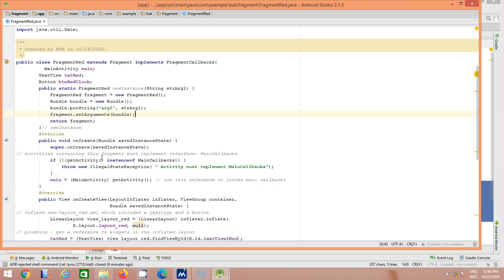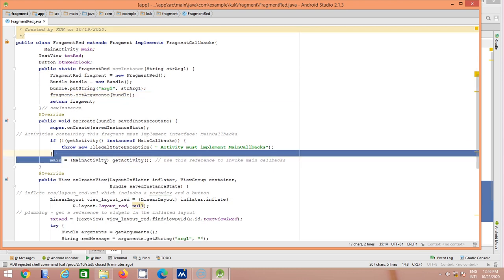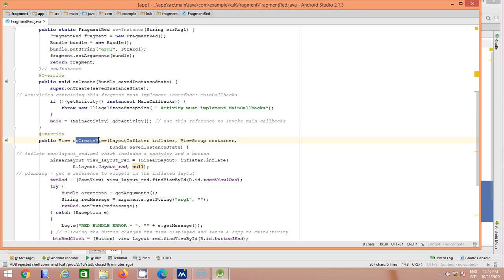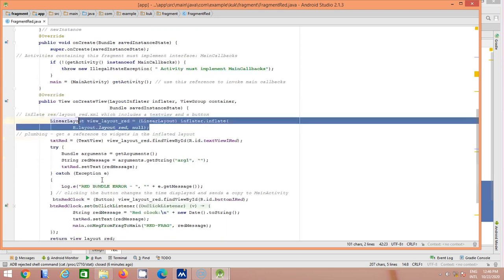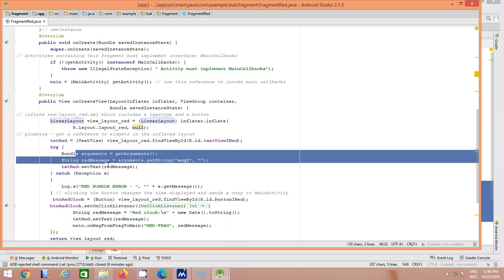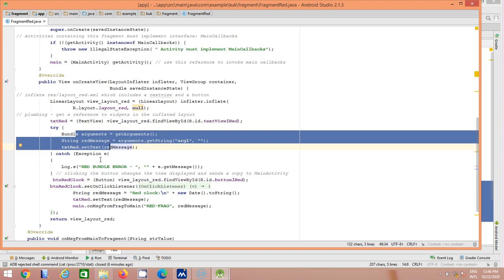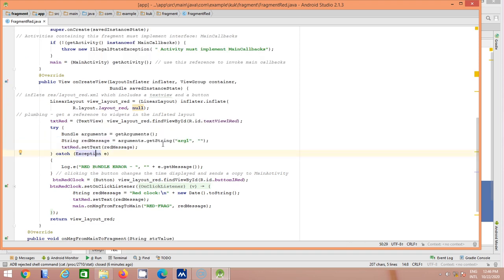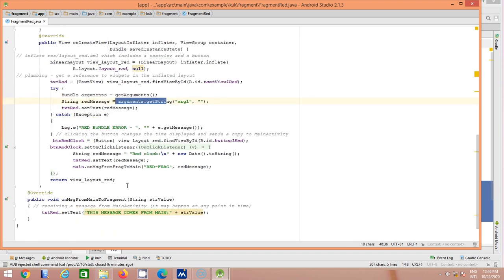Now on create: super on create, so it is attached to the main activity. On create view, set the inflater file, text view, the value of your argument for the red text. If any error comes, it simply displays the message.